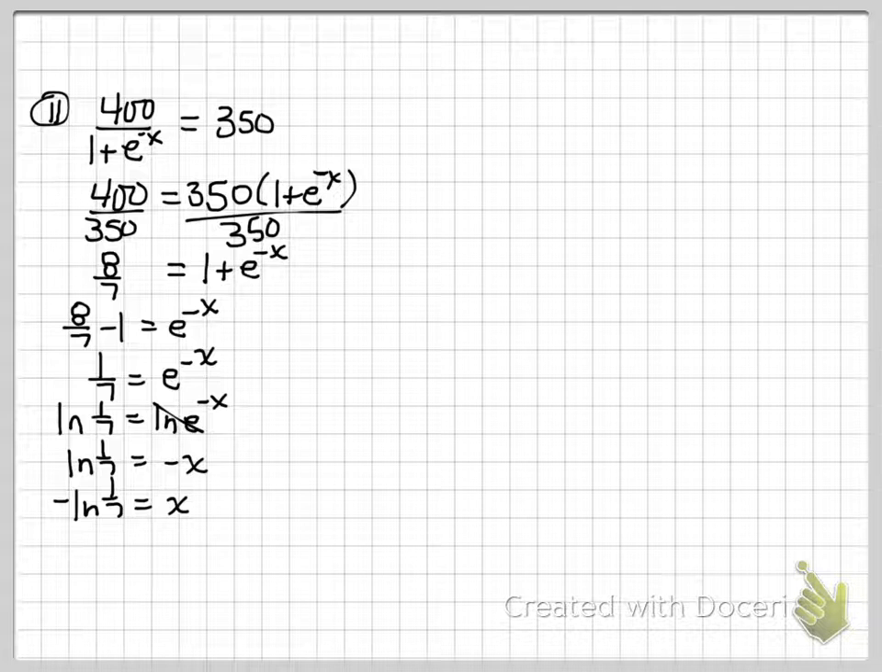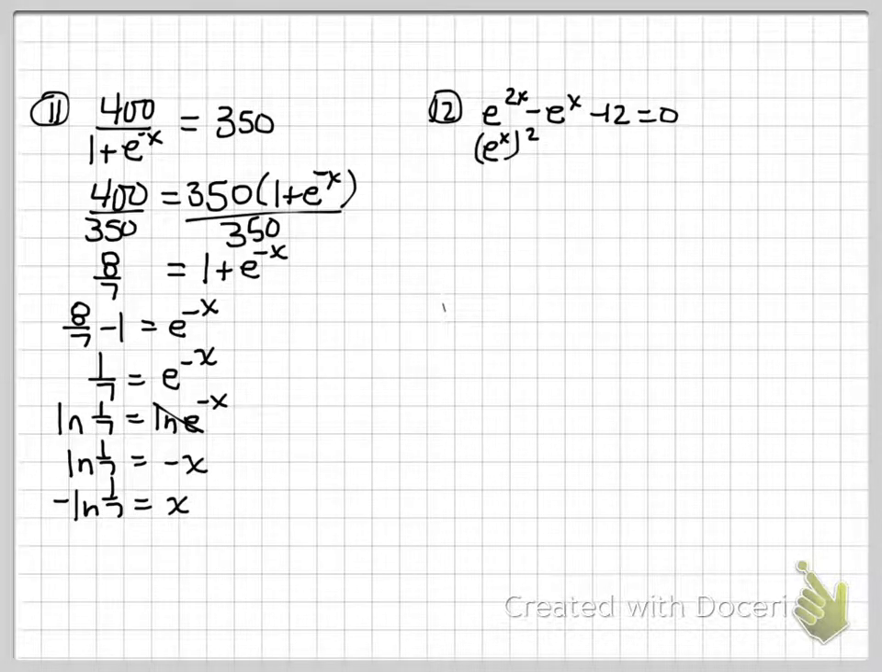Let's move on to number 12. Okay, 12, this one's going to involve some factoring. e to the 2x minus e to the x minus 12 equals 0. Okay, the e to the 2x can actually be rewritten as e to the x squared minus e to the x minus 12. Now we can factor it exactly the way it is here,